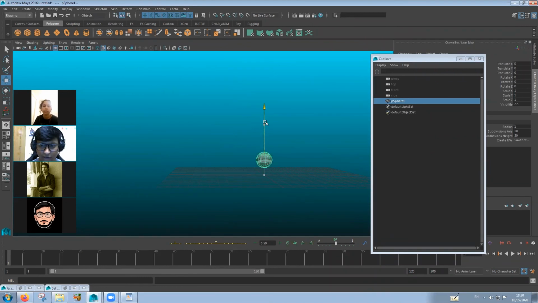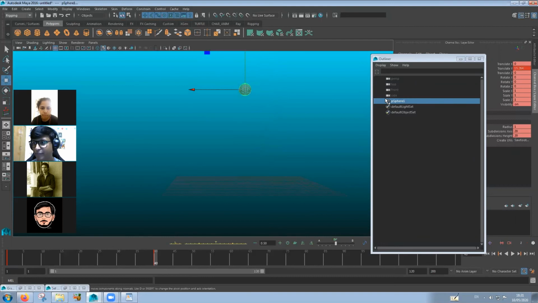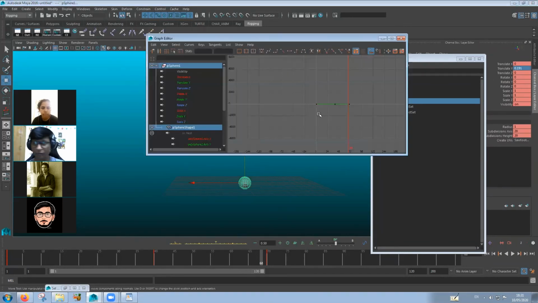So let's say you have scale up and down. So you have this thing from 1 to 40. It goes up, say 15 units, and at 17 comes down. So this is your animation. If you go into graph, data over here.